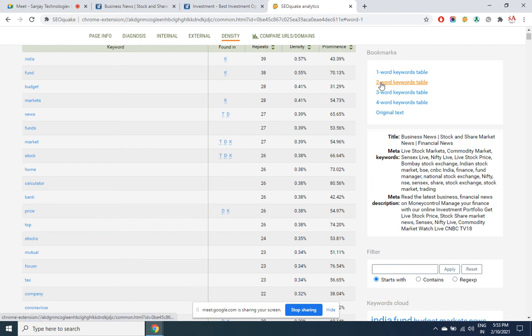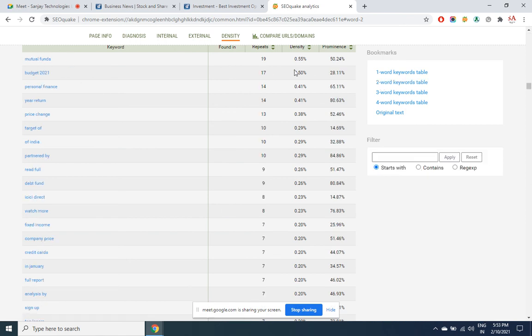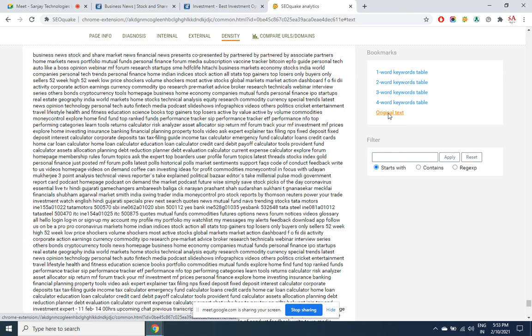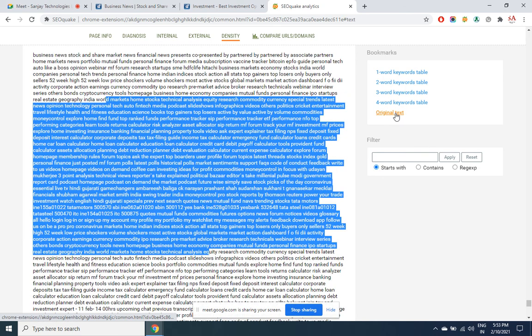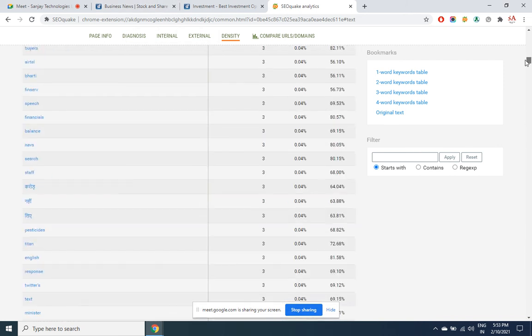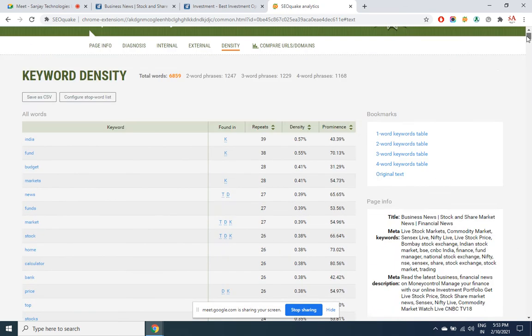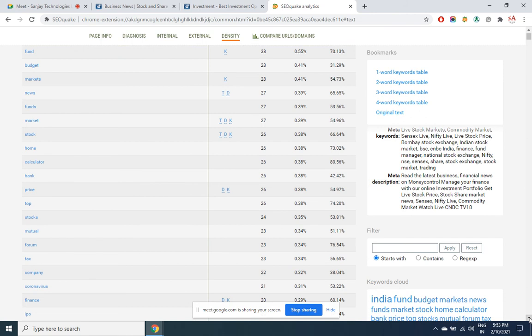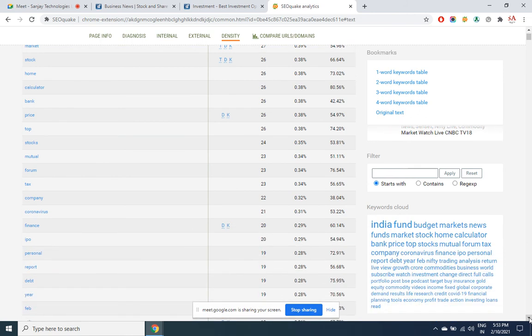Your keyword may be a double word keyword. Click on two word table. These are all 2 words. 3 words. So this should be minimum 1 to 3%. This is the way the search engines read the matter. Original text. So there your size of the text, color of the text, your is, in, the, then comma, full stop. These are all not important at all. These are raw matter. They'll take it and then they are going to create a keyword cloud. Look at here on the right side. This is the keyword cloud.